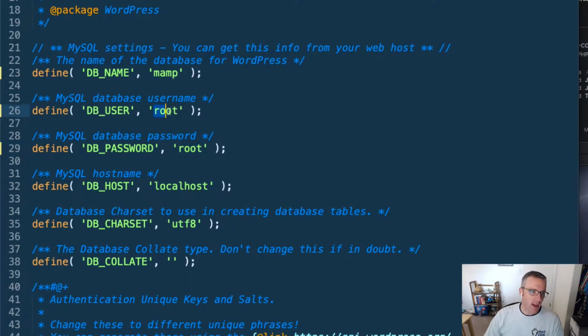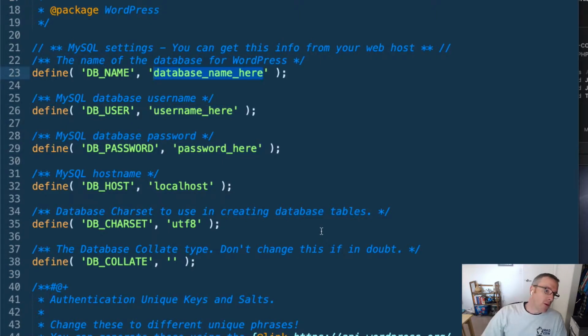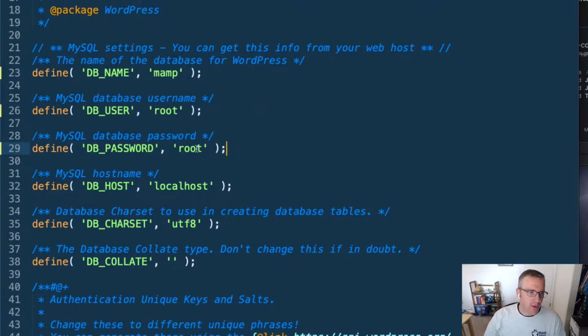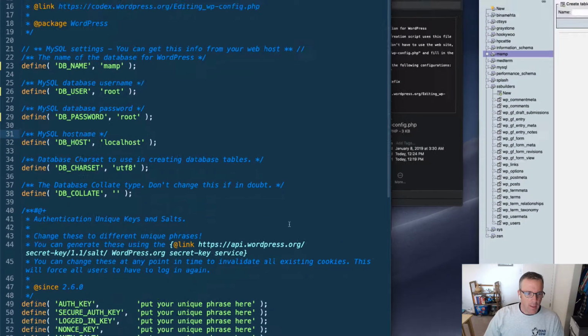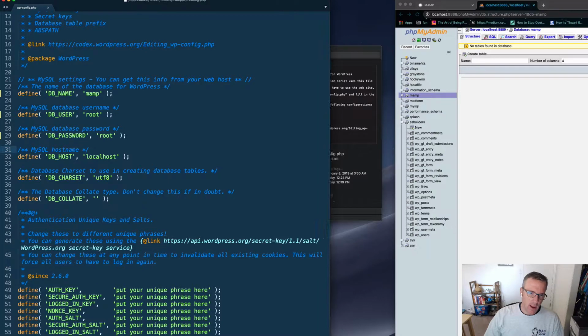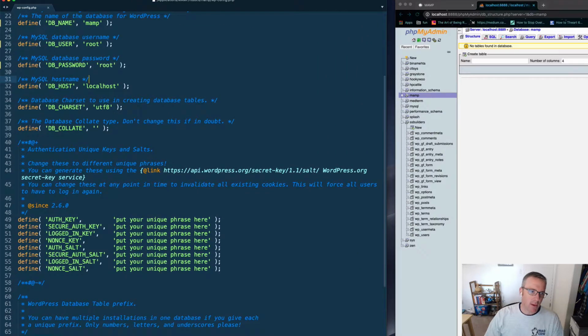You need to make sure that you're not overwriting a quotation mark. There's single quotes, and everything goes in between those. When you first load your new WordPress install, they all show up empty: database name, username, password. So as long as you're careful to put those in the quotes, all I'm going to do is save this. If you were doing this on a live web server, it is recommended that you go in and put